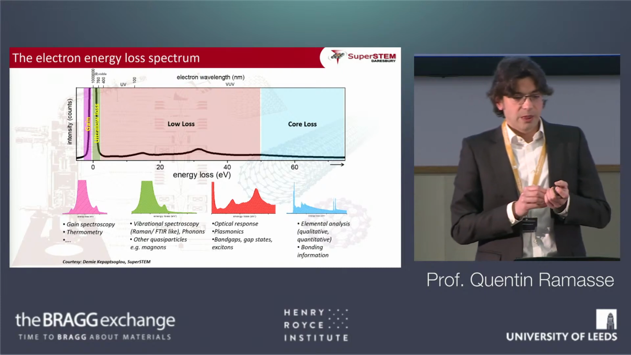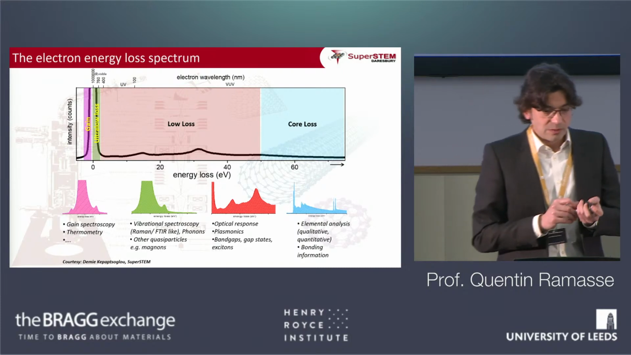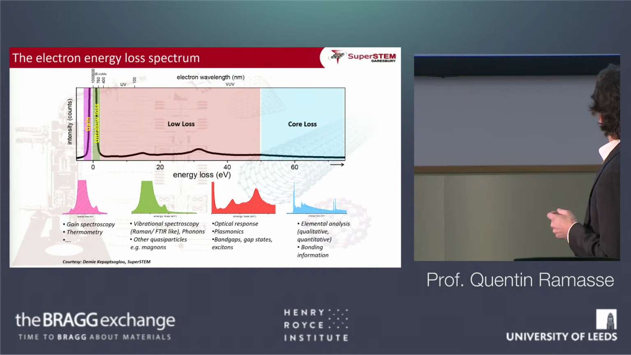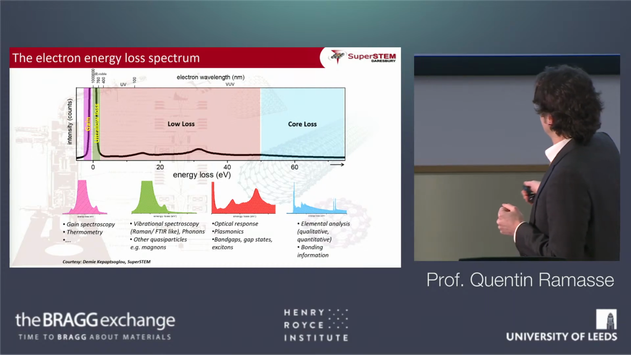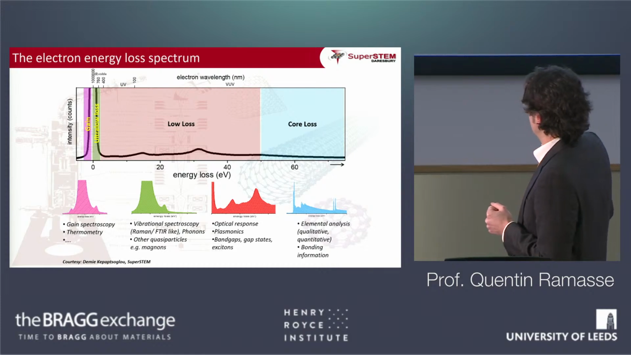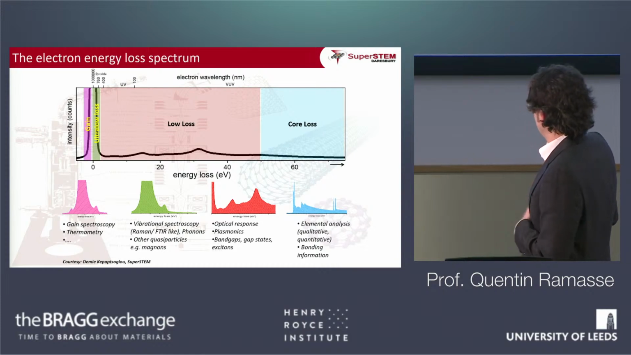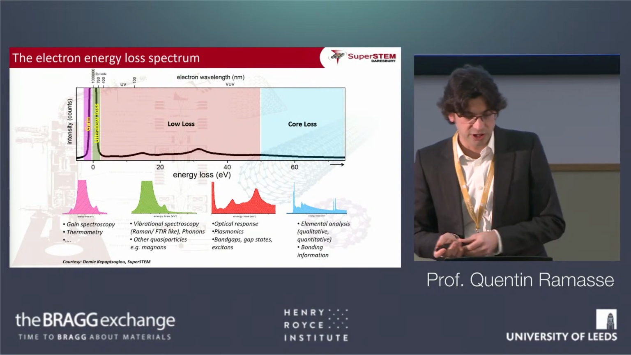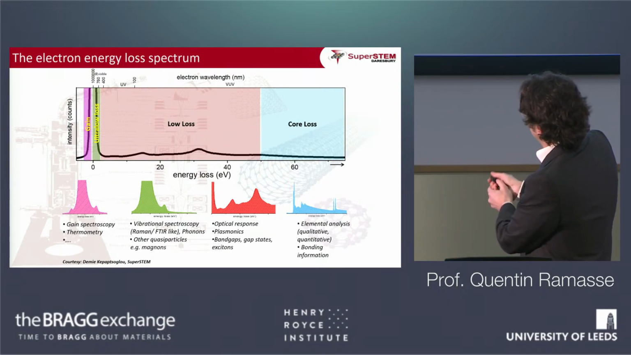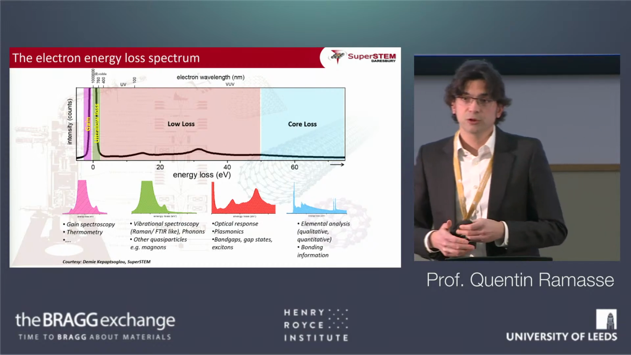So where do we go with all this? Well, we talked a little bit about core loss. I don't have time to give you all the applications in a slightly lower regime from about 5 to 50 electron volts, but as you might imagine, you can do things like measuring band gaps, plasmonics, et cetera. What I really want to focus on is what happens in that ultra low loss regime, now that we can have milli-electron volt probes